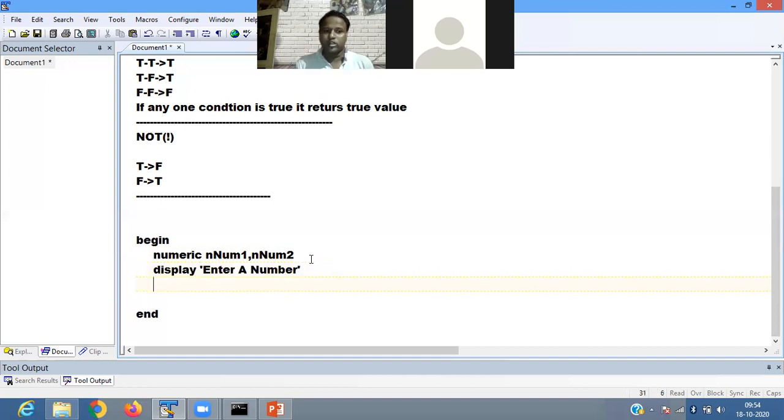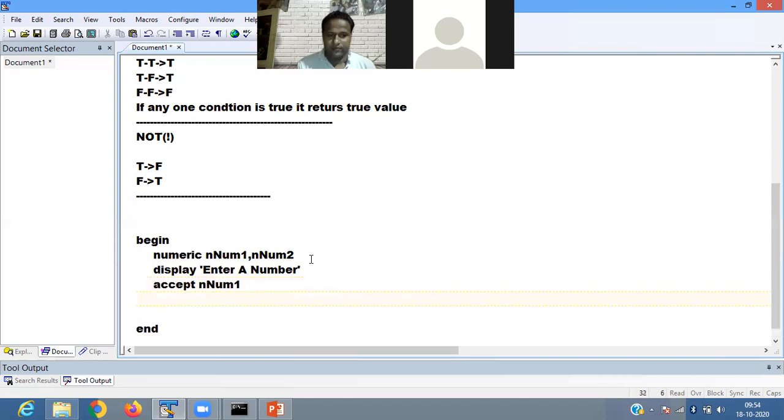Then to store the value in the variable, which statement is used? Accept number. Yes. So we use accept in num1. Good.